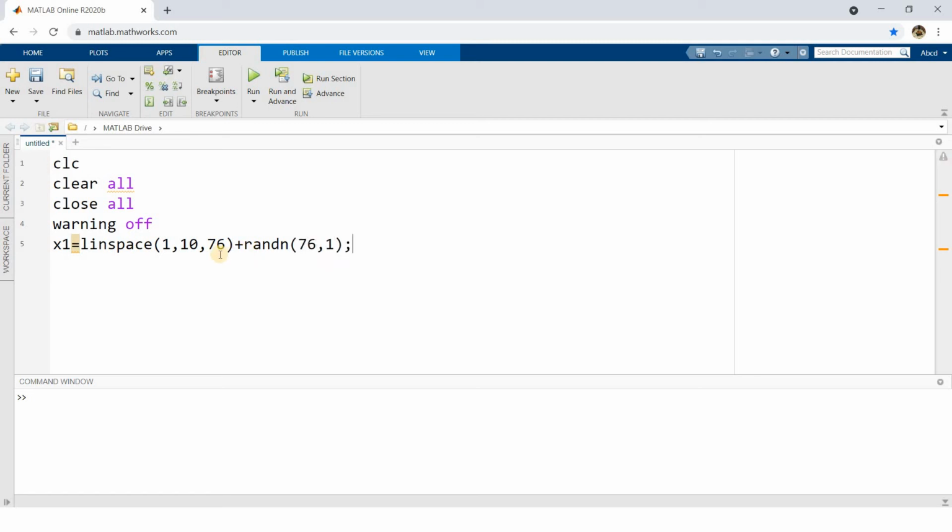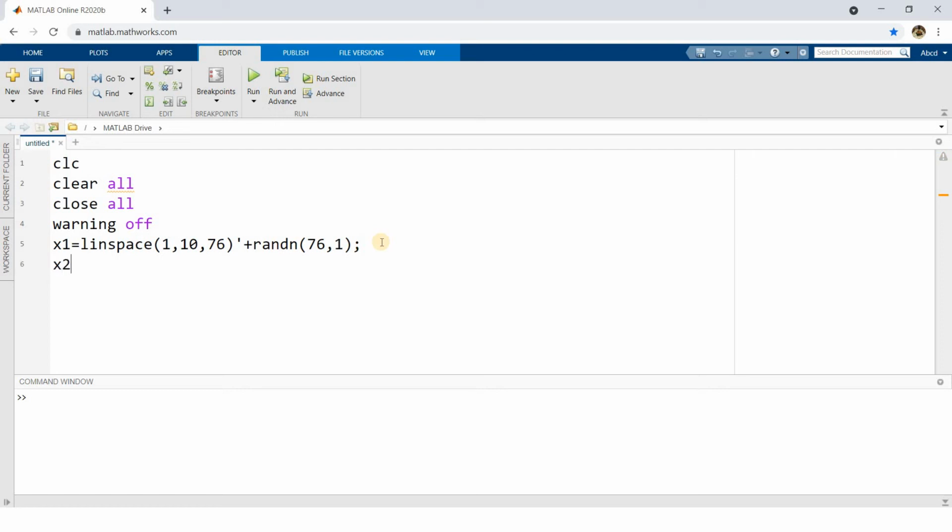Let me take the transpose of this. So I am generating one column vector, which is first linearly spaced data between 1 and 10 with 76 points, and transposing, that means this will be a column vector. With that I am adding a random number of 76 rows and 1 column.